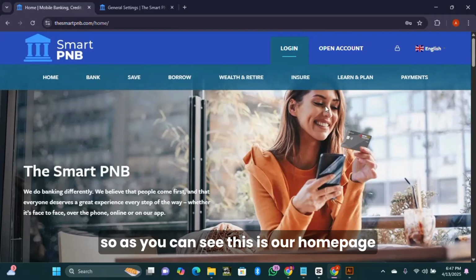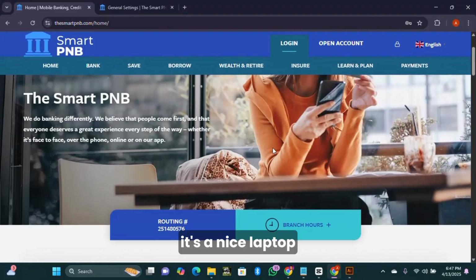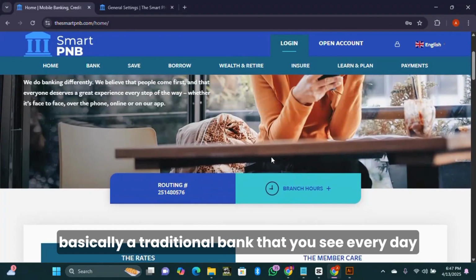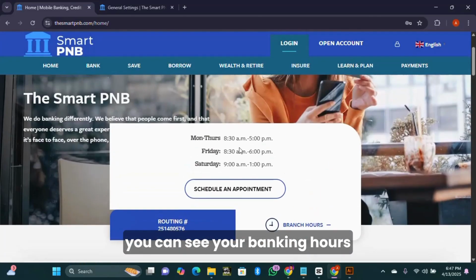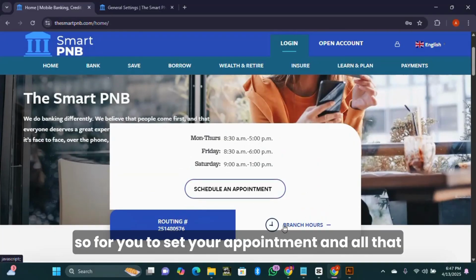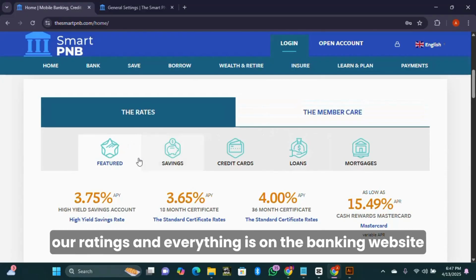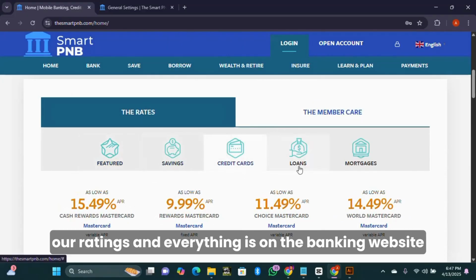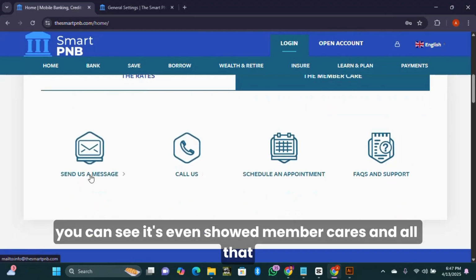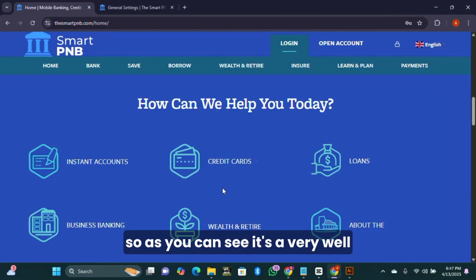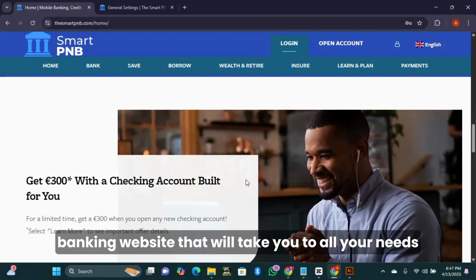So as you can see, this is our homepage, whereby you can see this beautiful picture. It's nicely wrapped up, basically a traditional bank that you see every day. You can see your banking hours, so you can schedule an appointment and all that. It has rates, our ratings, and everything is on the banking website. It even shows the member care and all that. It's a very well-made banking website that will cater to all your